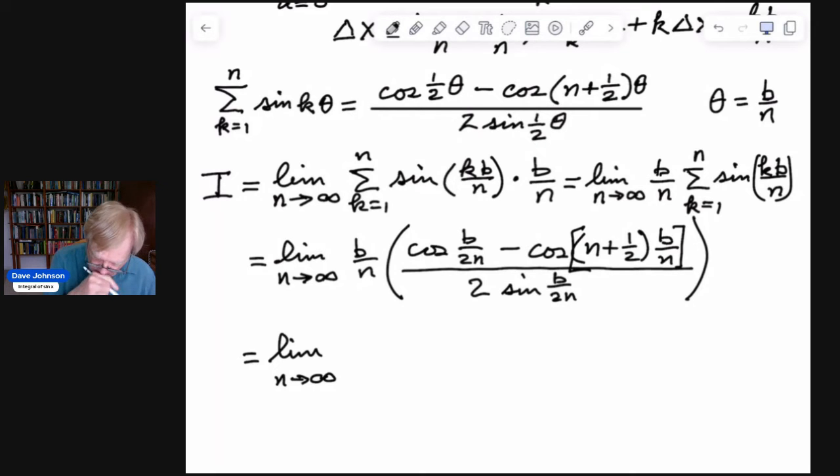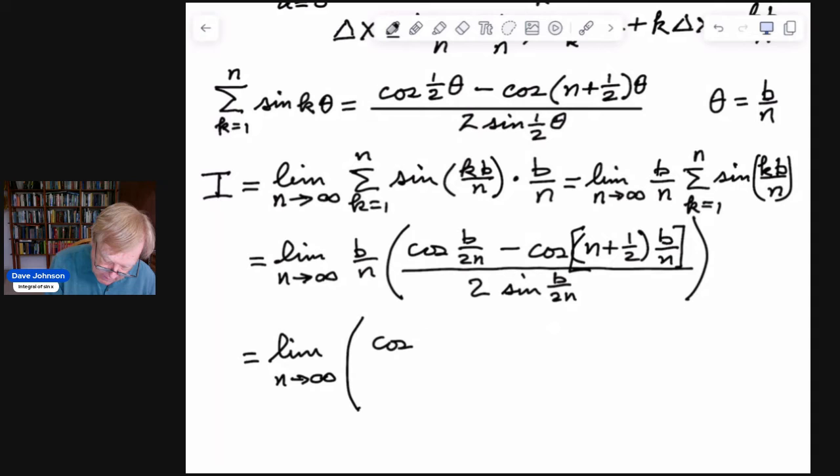And what I want to do, just to simplify matters a little bit, is bring this 2 out, and notice this b over 2n, and I want to make this b over 2n, and it's going to all be in the numerator. If you think about how this is going to work, I'm going to bring that b over 2n down below underneath here. So let me do that. I think I can do that in one step. So this becomes